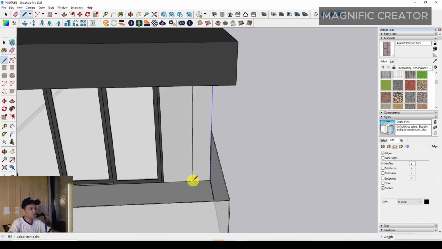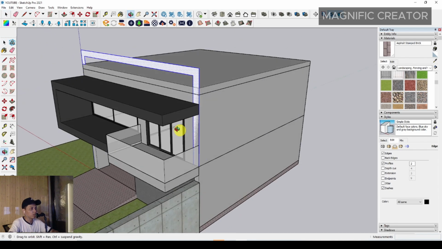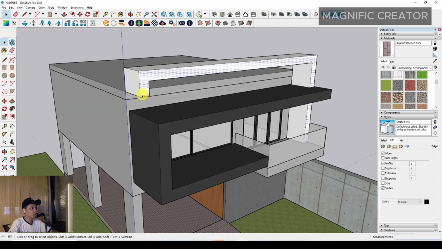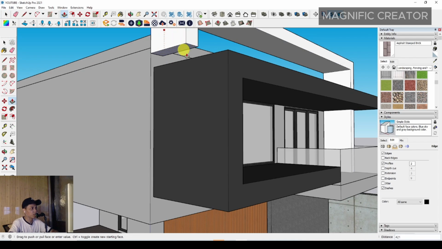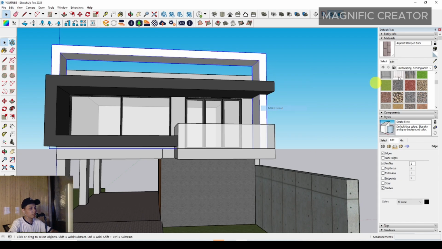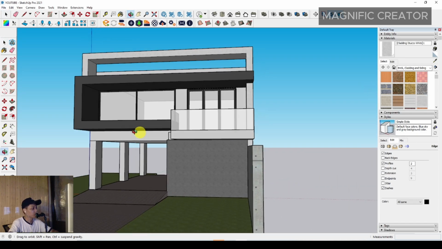I suggest you make an impressive design when you design the house in SketchUp, because SketchUp is an infinite 3D modeling design tool anyway. Okay, then you can make it group and just assign another material. Maybe we can use this, and you can look,